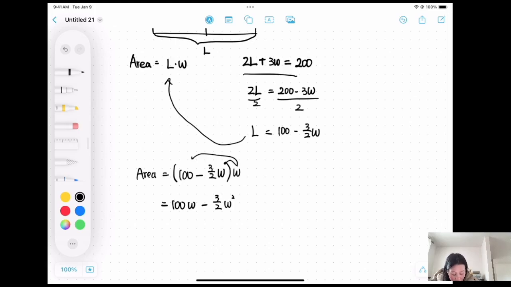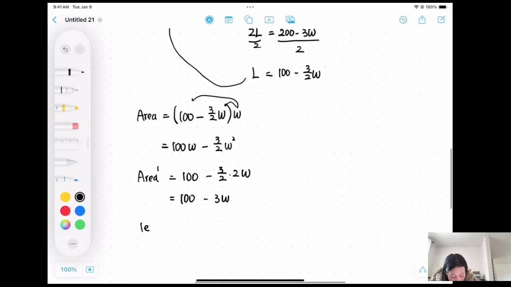The next is finding the first derivative of the area, which is equal to 100 minus 3/2 times 2 times W. Simplified, it is 100 minus 3W. Now, we need to set the first derivative equal to 0 to find the critical point. So, let 100 minus 3W equal 0. Then we can solve: W equals 100 over 3. That means when the width is equal to 100 over 3 feet, we have either a